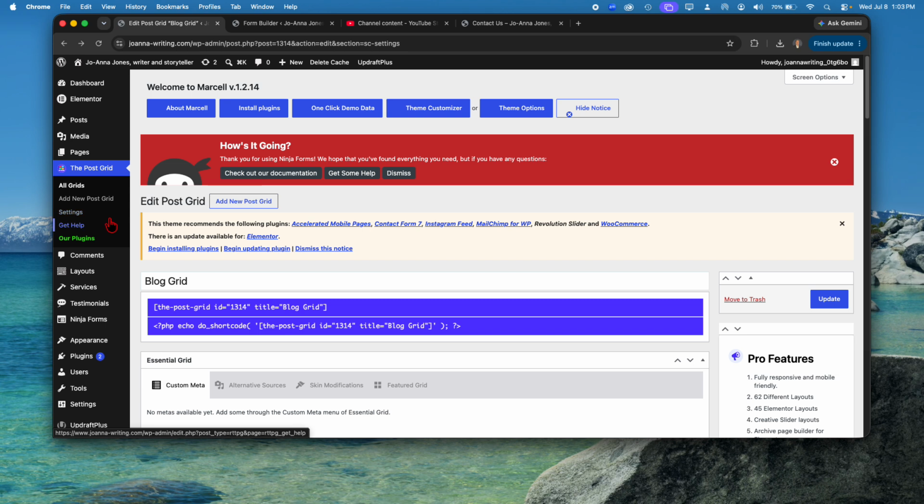Let's see here, the other kind of big things. The theme came with the Elementor page builder, and we're not using that for now. We're just building things in the standard WordPress Gutenberg editor. We don't have any testimonials set up yet. But the other major components of WordPress build